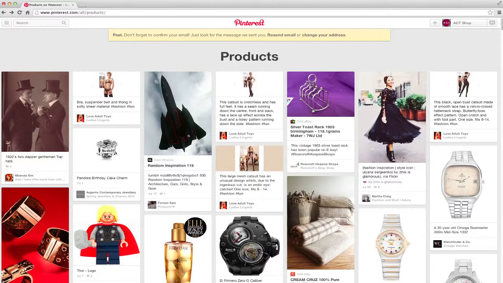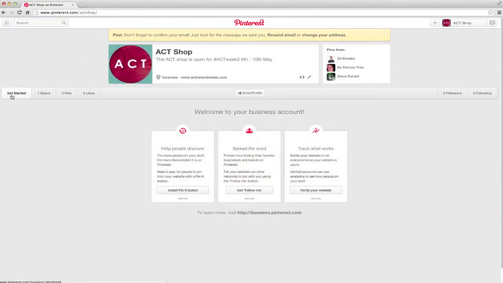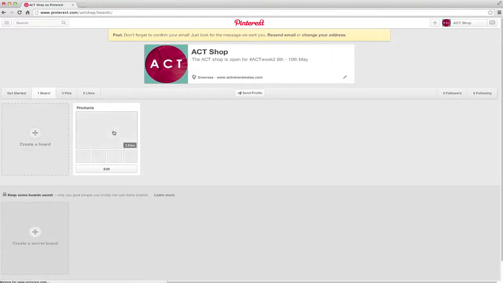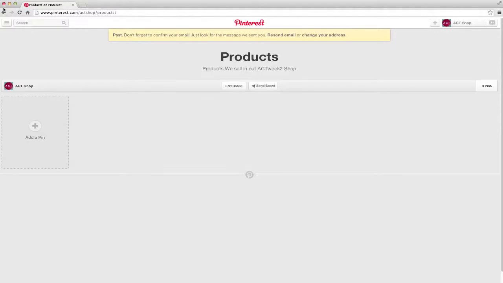So now we've done that, we can go back up to the top of the right hand side of the screen, and we can click on the Act shop here, and we can click View Profile and Pins. So if we click on there, we've still got the Getting Started section set up because we've just created our account, but you can see on there how to go through those areas, and if you're not interested in those, you can almost dismiss them as well. But it's going to give you the option to install a pin button, get a follow me button, or is it a pin as find? You follow me button using your Pinterest, and also verify your website where you've linked to in your description up here. But we can click on boards here, and we can go to our products page, and we can see there